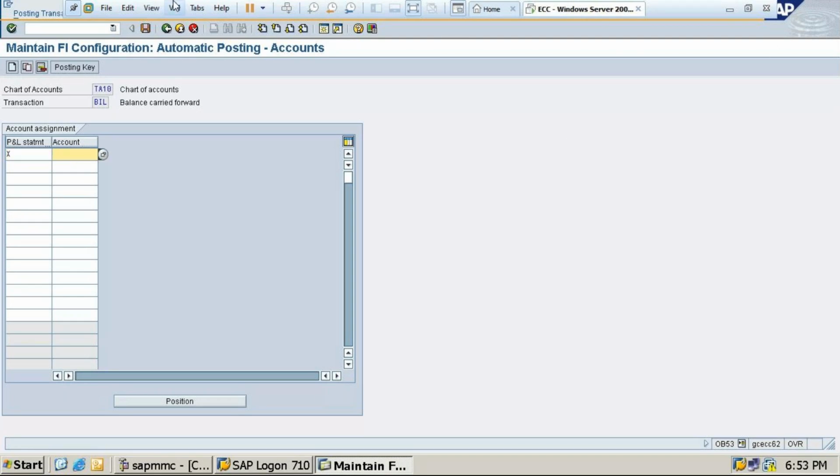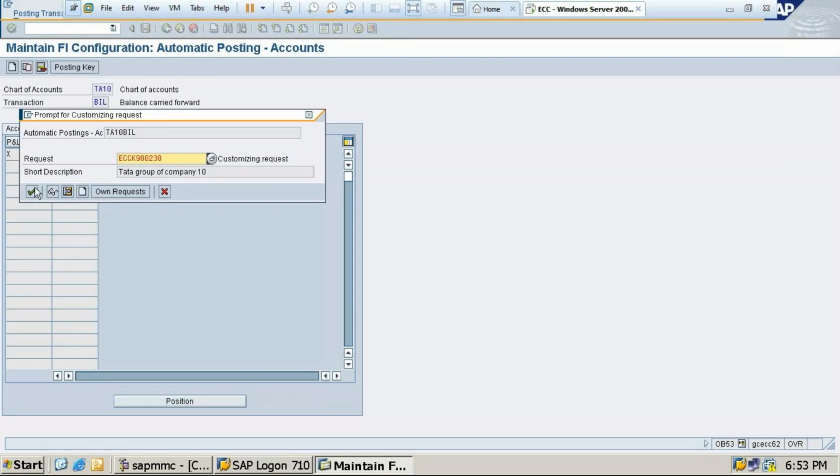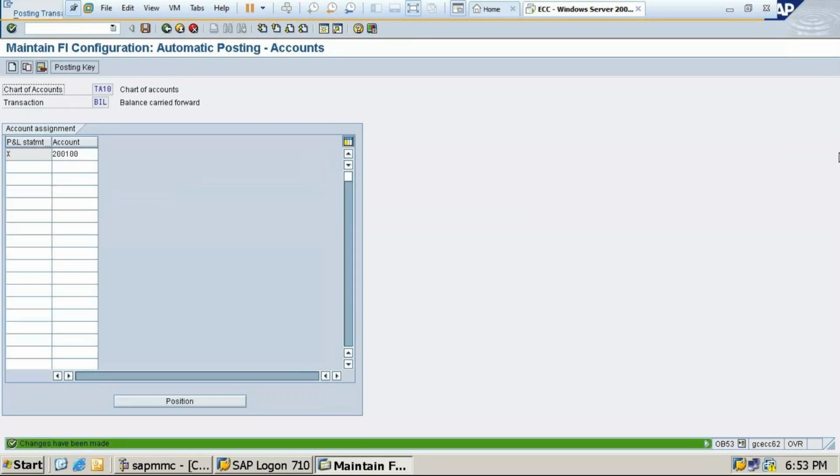And this I'm going to give to, just put the cursor here, 200100. Okay. After this, students, you need to press enter. So it will show you account 20 not created. Does not matter. One more time you press enter. Two times you press enter and click on save. The data will get saved here. Just two times you need to press enter and it will save.